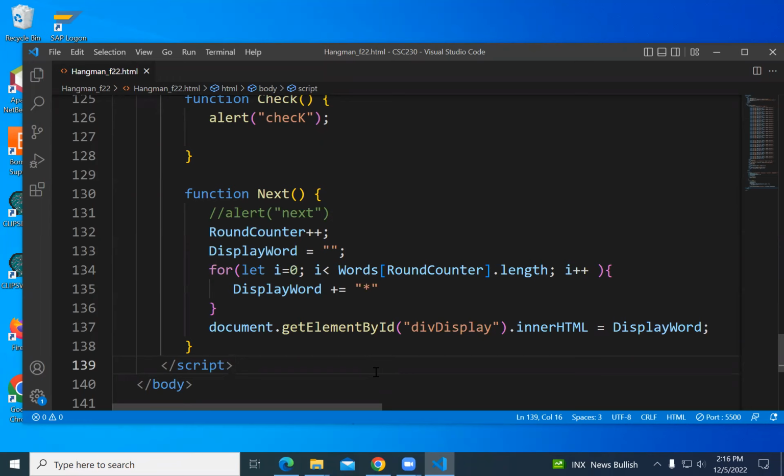Do you want to handle it on the last success, or on the first failure? Or do you want to disable a button so they can't click it? Or do we want an announcement or an alert? How do we want to handle this end of the game? Disable a button. Okay, so you don't want to enable next after you've run out of words. Now, here's another question for you, because I have two buttons.